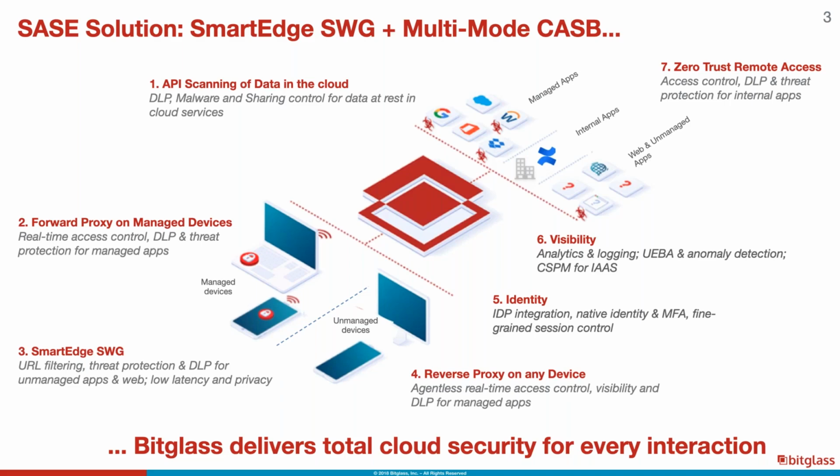If we look more into this, especially from BitCloud's perspective, we are looking at a multi-mode CASB solution. What is multi-mode? Multi-mode is a solution that delivers all three of the possibilities of a CASB: API, forward proxy, and reverse proxy. API scanning is the oldest one, the one with which all the CASBs started off. It's all based on data which is already stored in the cloud. It is out of band.